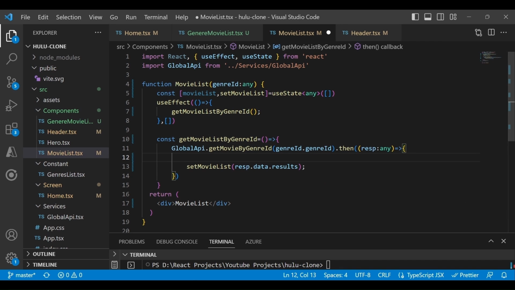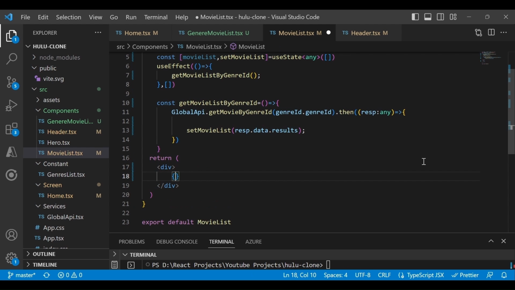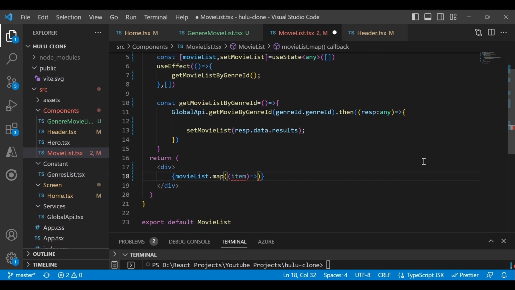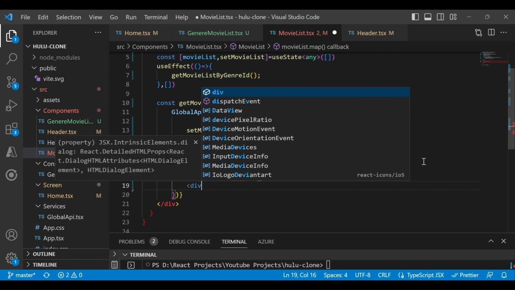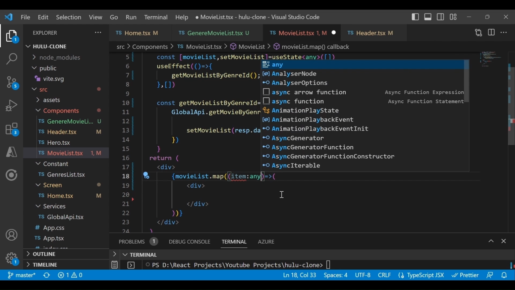Okay, now next what we have to do, we have to iterate this movie list, correct? So let's do this movieList.map, right, and give the arrow function, and make sure the item is of type any.